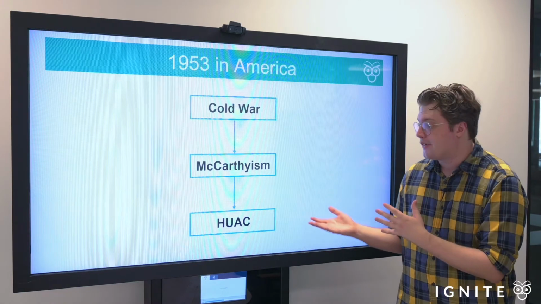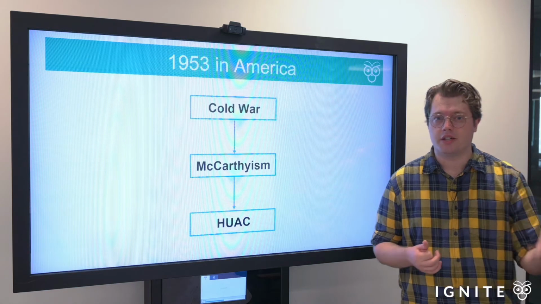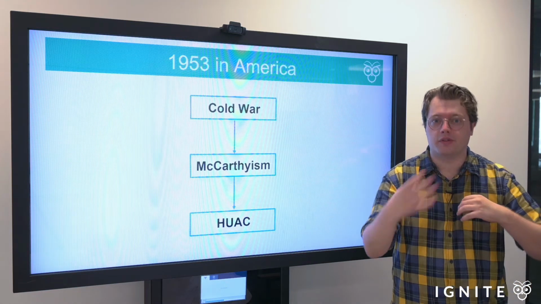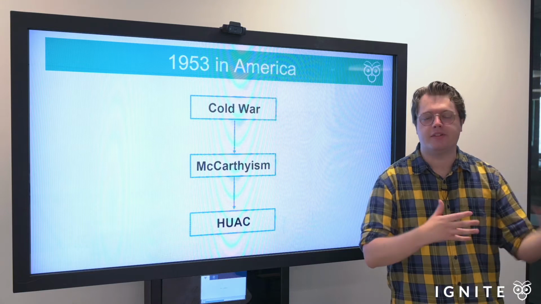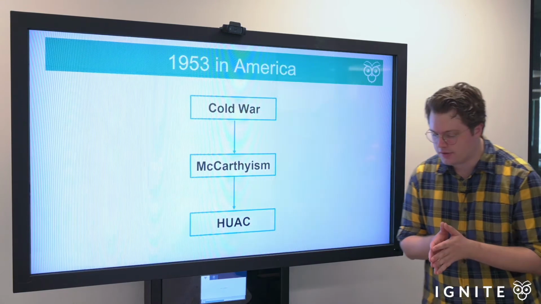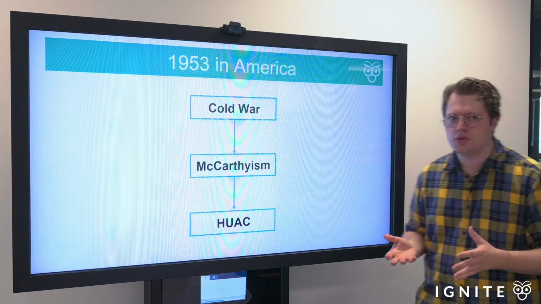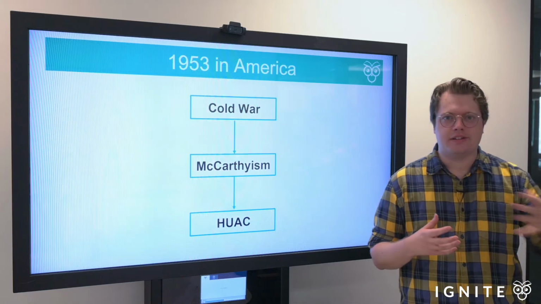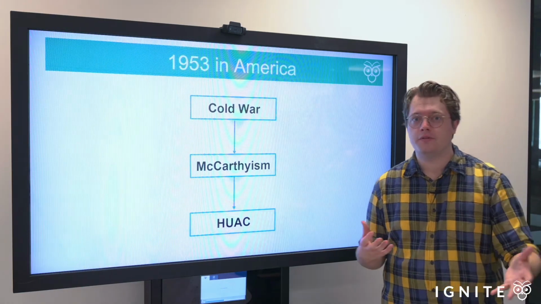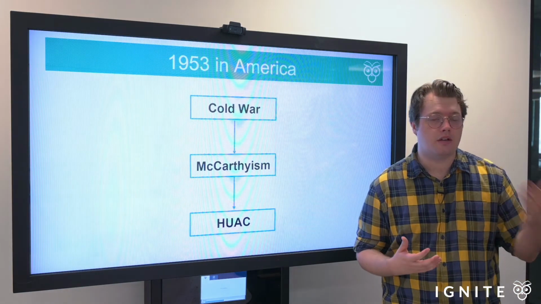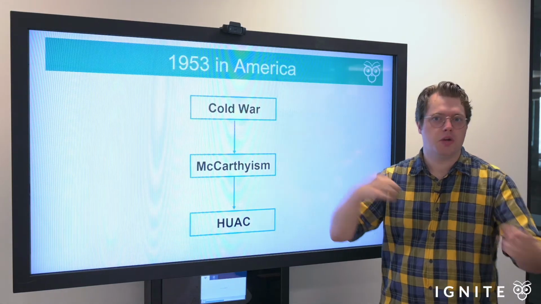One of the most famous activities that was pursued by HUAC was the Hollywood Blacklist in 1947, where there was a list of a number of artists who were banned from participating within the entertainment industry. So all of this climate adds up to a state of intense paranoia, of fear of your fellow person, fear that they might either be a communist